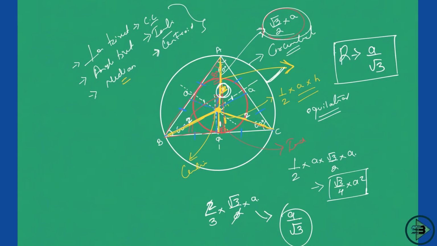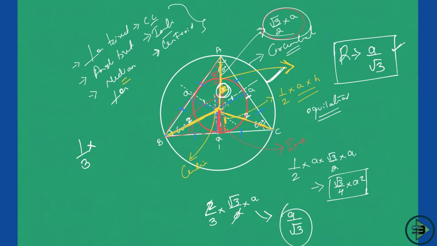If this is a circumcircle, this will be the circumradius. Now if I tell you what is the inradius, this red, the inradius, you will say this much part, right? This much part. And this is everything now. This is a perpendicular bisector, angle bisector, as well as a median. If it is a median, it is divided in the ratio of 2:1, which means I will take 1/3 of the height. Right? Because the height is a perpendicular. Okay, and the perpendicular is equal to the median, so you can write it here as well.